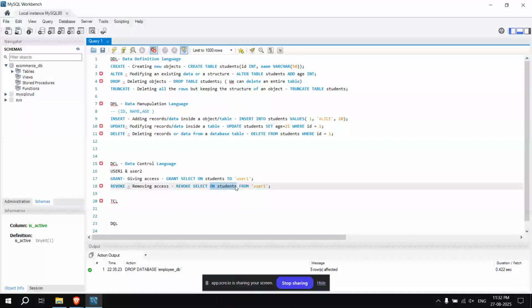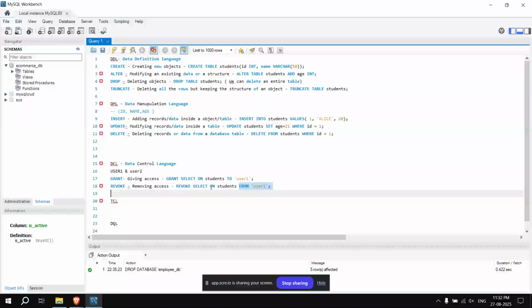It means we are revoking the read and open permission on the students table from user one.